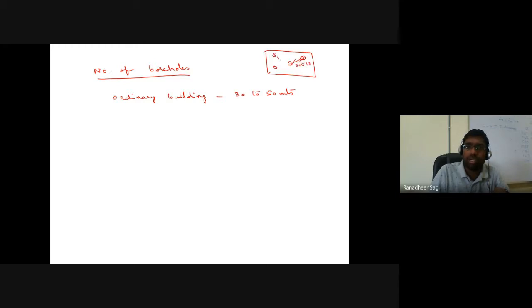Another borehole somewhere here 30 to 50 meters, another borehole here 30 to 50 meters. Approximately at those distances you can go on to make boreholes at different places to explore the condition of the ground. That depends on what type of building. If it is an ordinary building, the importance of the construction is relatively less. Sir, importance is less, does it mean that you don't want the building to sustain? Yes, the building has to sustain, but in terms of the money being invested and the lives it is going to cost, we say it is relatively less important.